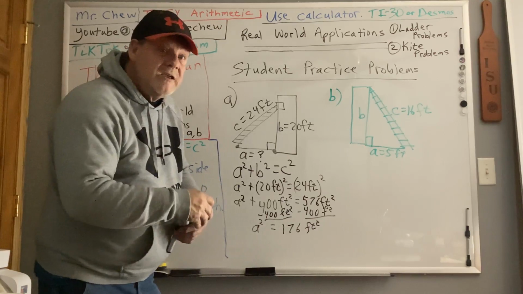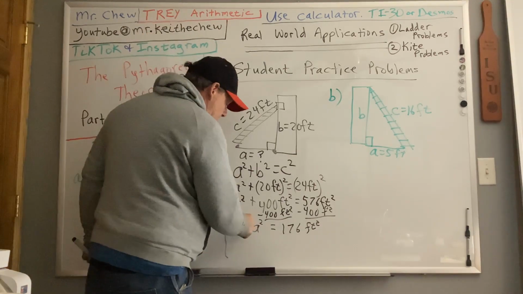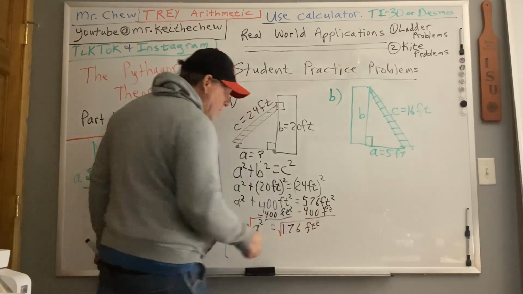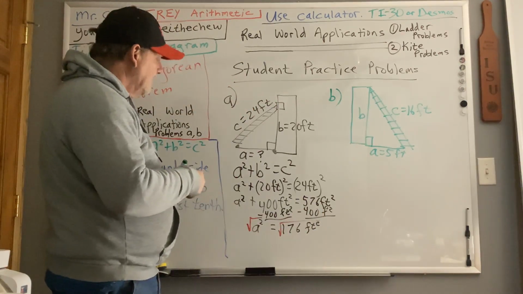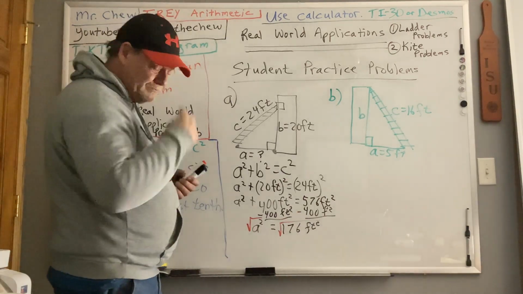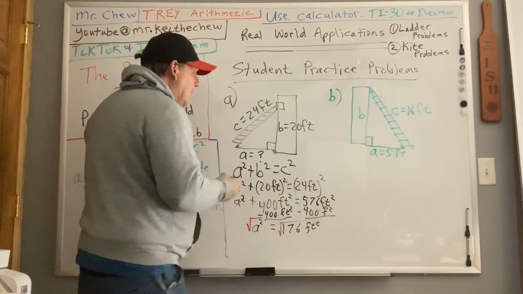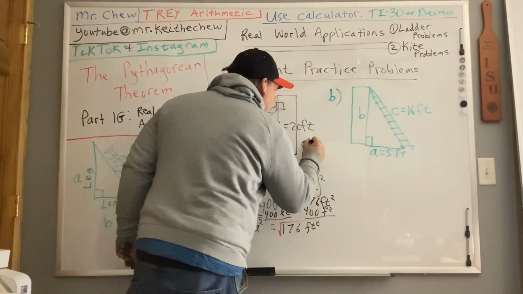Remember how we solve these now? We take the square root of the left, the A squared, and the square root of the 176. And when I do that, I'm going to get A. I'm going to write it right here. And it's about,